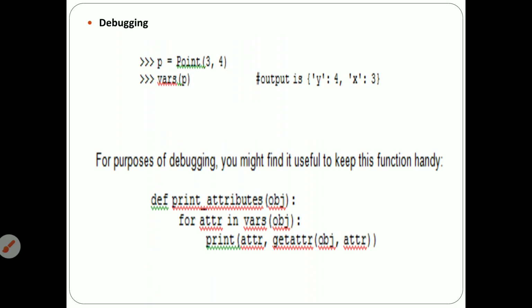And next one is debugging. Normally with classes and functions, in debugging we are using assert. We are using the assert method.